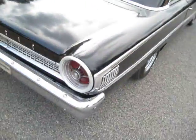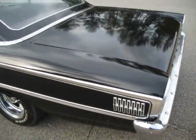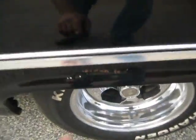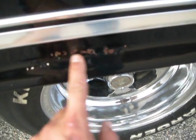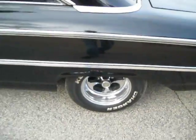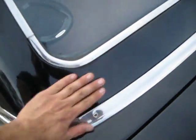There's a spot right here on the back. You can see it does need to be repaired. It's got a hole there. And that's it on that side. And then the other spot is there's a small spot of rust right here, and that's solid. It's very solid, but just with an older paint job, you're seeing a little bit of rust coming through. Other than that, the trouble spots on these cars is usually around the back window,